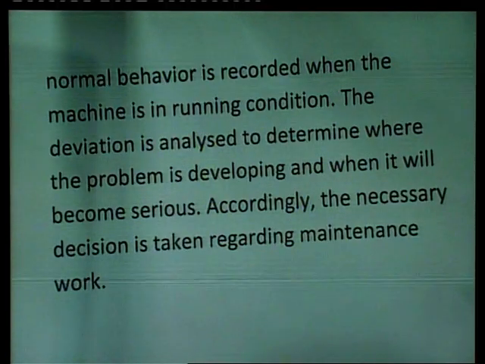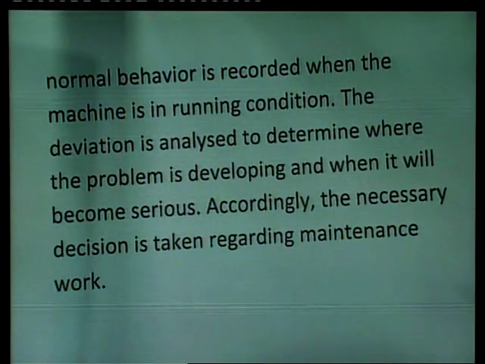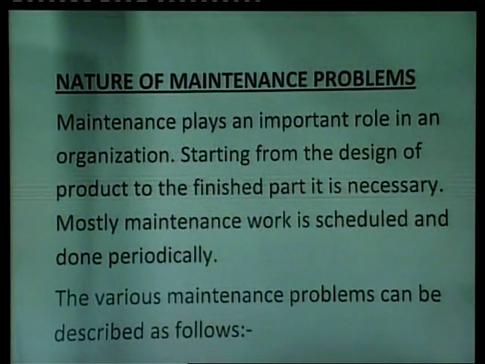Accordingly, the necessary decision is taken regarding maintenance. So when the machine is in proper and continuous use, there are wear and tear and exposure to environment, there is some deterioration in the machine. So accordingly the necessary decision is taken regarding maintenance work. So next part is nature of